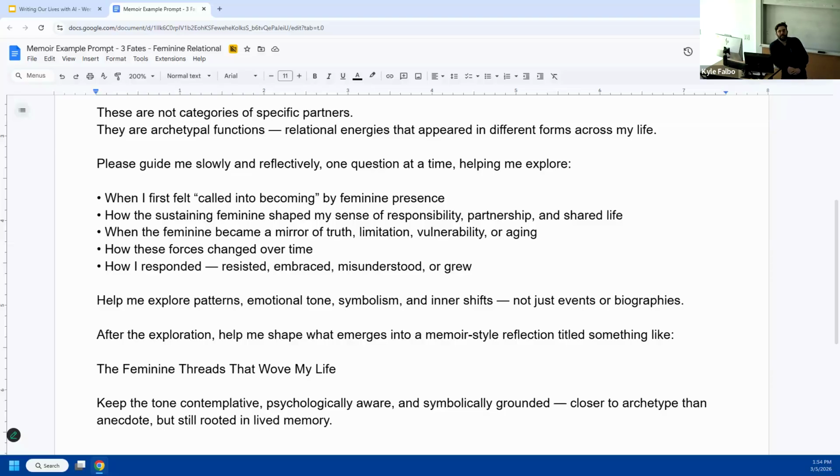So this would be the beginning of me exploring this archetype trope in my narrative, right? And then because the memoir writing tool has an underlying function that says after some number of interactions, some amount of content, go ahead and produce a summary, then I've got what I would consider to be the beginnings of a chapter, the beginnings of a single story that's framed in that way. And I would probably stop there. And there's a couple reasons why I would stop there.